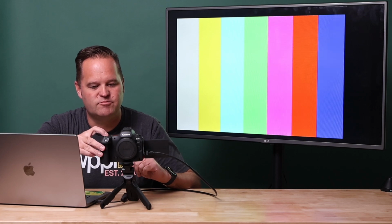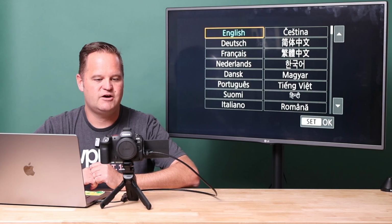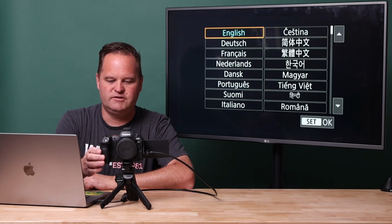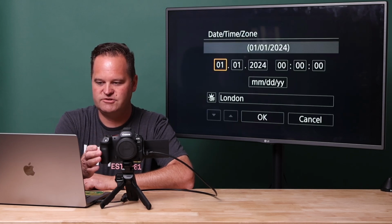So I've never turned this on, and let's see if I flip it on here. All right, it looks like it's outputting the HDMI okay, which one nice thing of the R5 II is now it has a full-size HDMI port. Okay, let's just go ahead and start the setup here. So I want English,